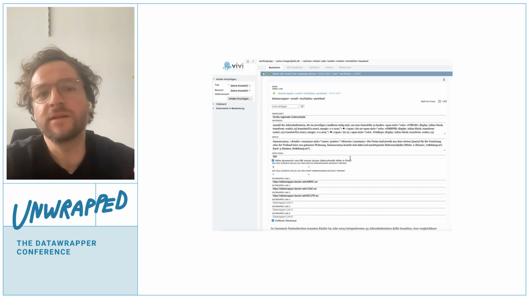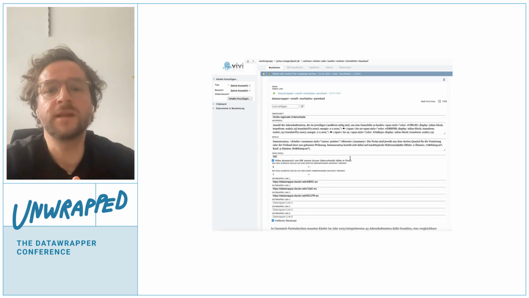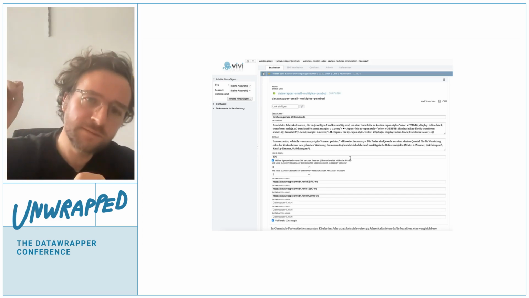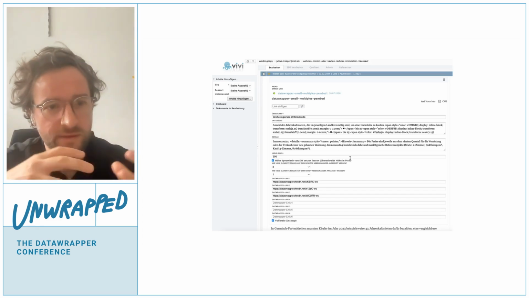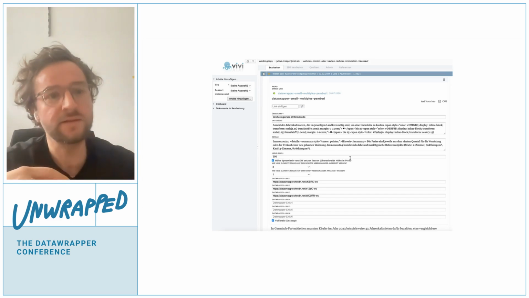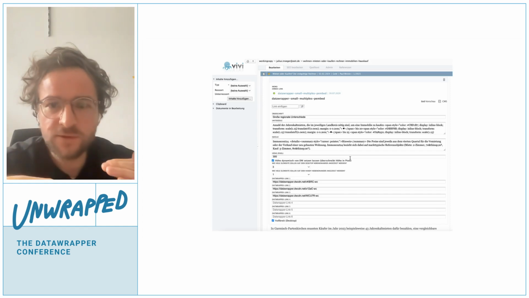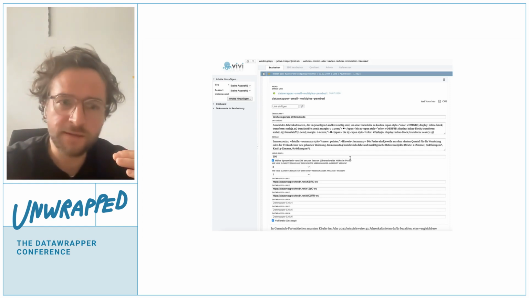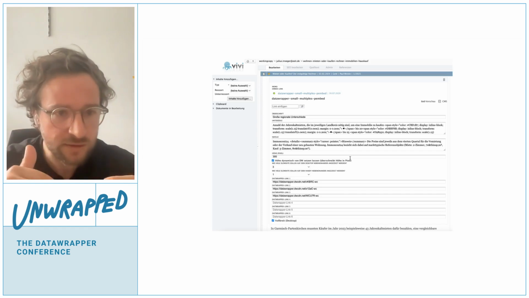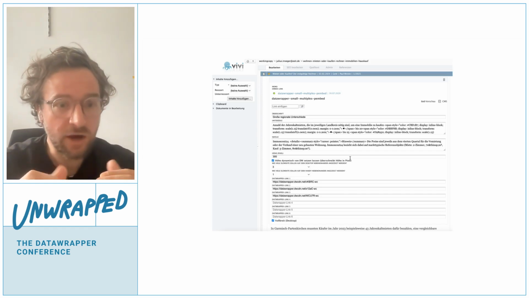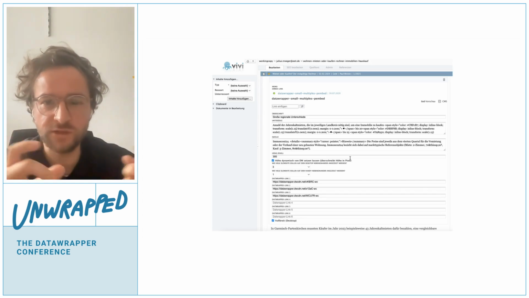We can create an embed like this, but you can put it directly in the text where other colleagues maybe write the text. So you put in the embed, and you can put up to 6 Datawrapper links in there to have small multiples. And you can also tell it how many charts there should be next to each other on